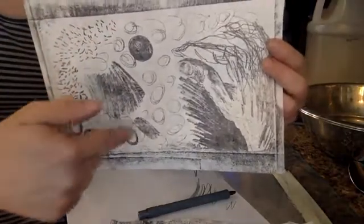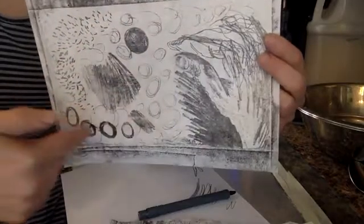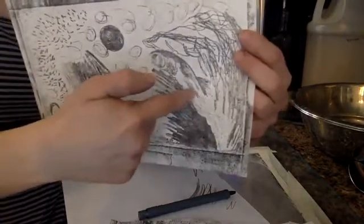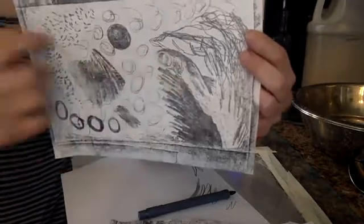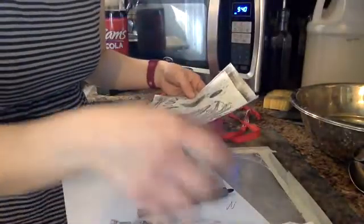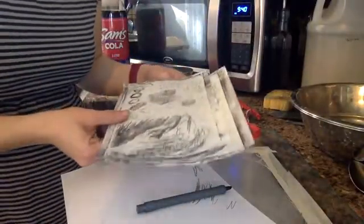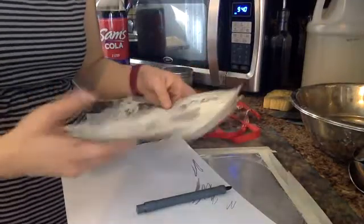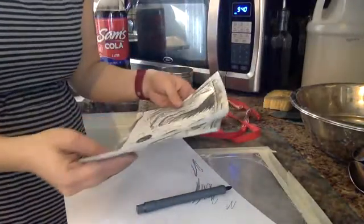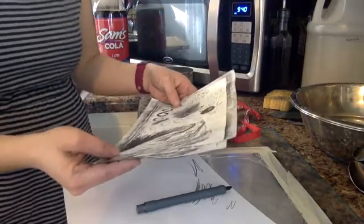It seems like the lighter areas, I was pleasantly surprised that the very light gestural marks that I created showed up and held. The stippling pattern held. And then the lighter values that I applied held. So it seemed like the darker areas started to fill in. Whereas in regular stone lithography, I generally will overdraw, meaning I'll draw it a little bit darker than I need it to be, and then I'll etch it really, really hot. It seems like in kitchen lithography, you can get away with drawing it more true to what you want it to be. So I'm going to keep that in mind